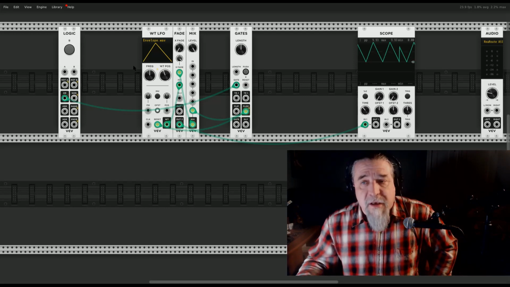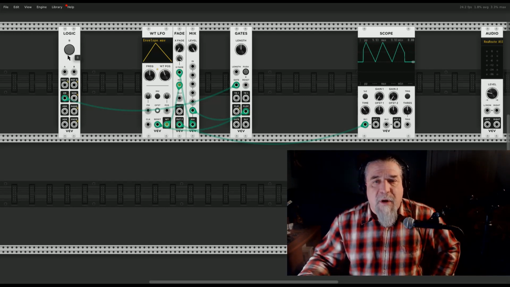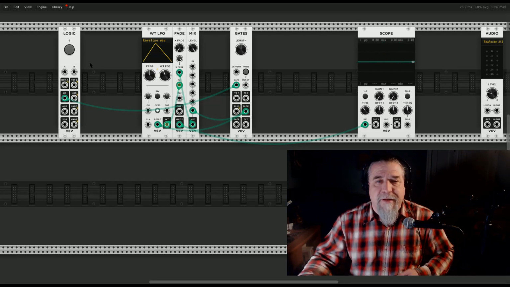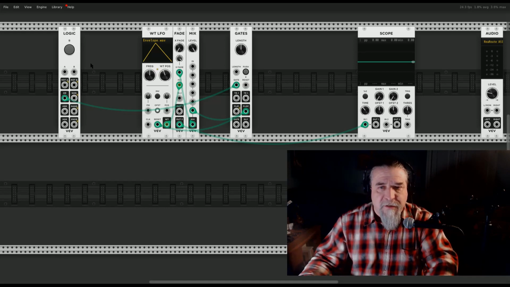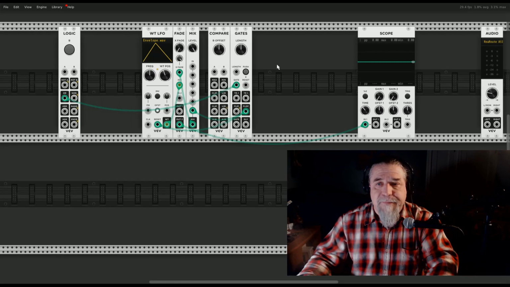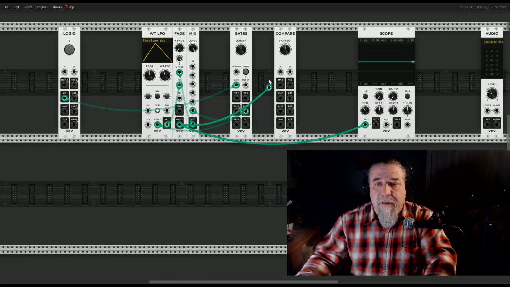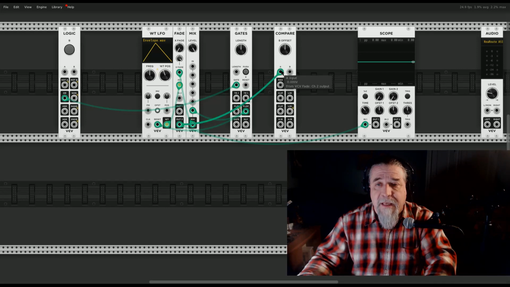Okay, good. So now we can turn it on and off, but we don't want to press the button to turn it off, right? We want it to turn itself off. So we need to detect when it reaches 0 volts and then automatically turn off. So let us get a compare module, and we can take the output of the wavetable LFO to the A input, set the B input to